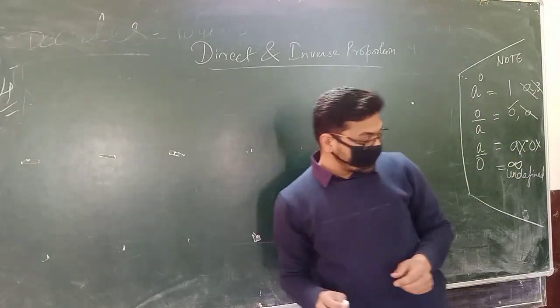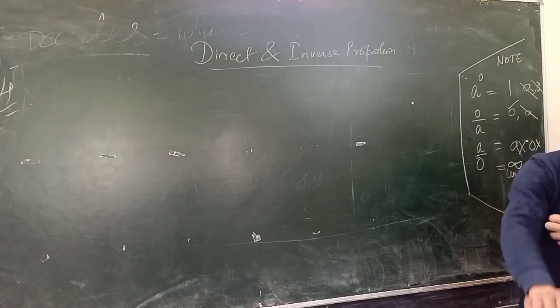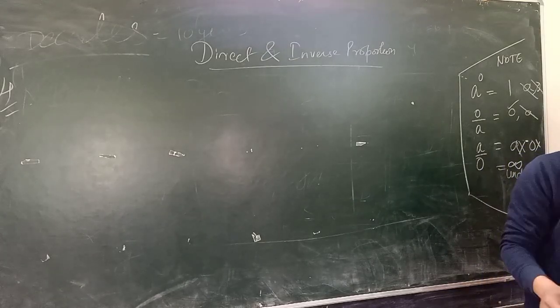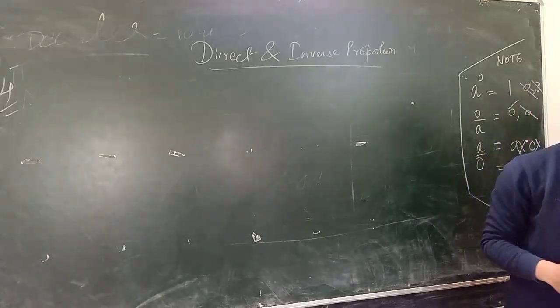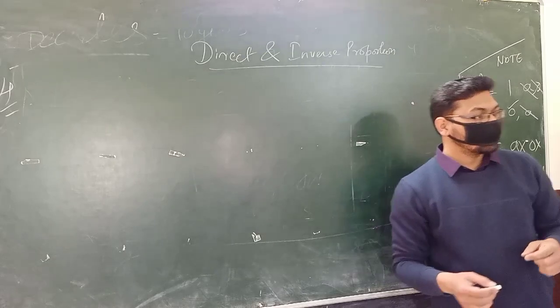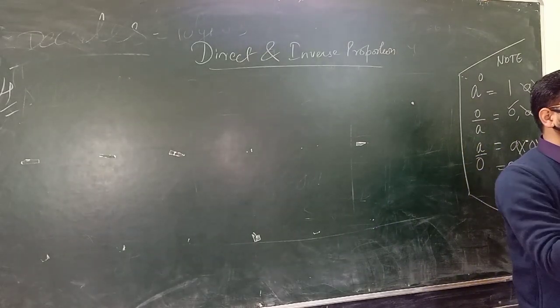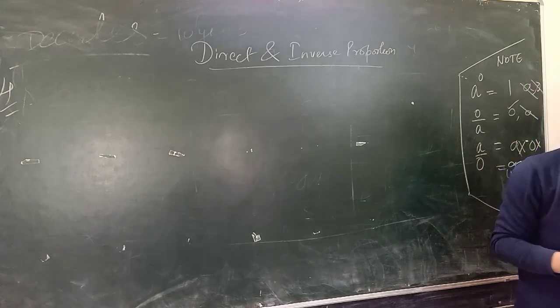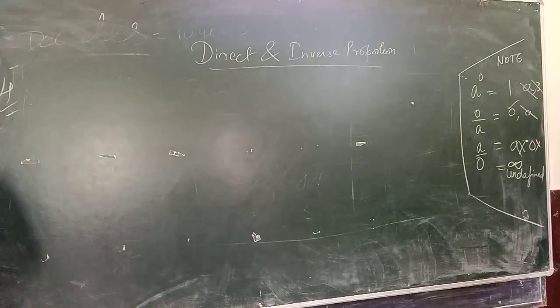Can anyone tell me what is the relation between number of bottles and time? Sir, bottle plus 5 hours because 7 hours, to ye direct proportion ho gaya. So in simple words, you are saying that it is in a direct proportion. Okay, and please, I just request you, please try to speak in English.